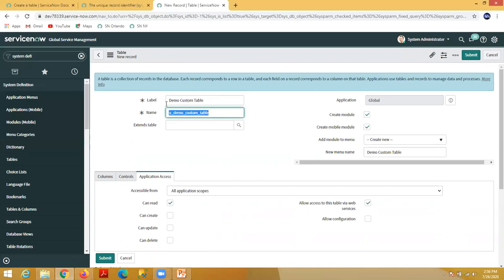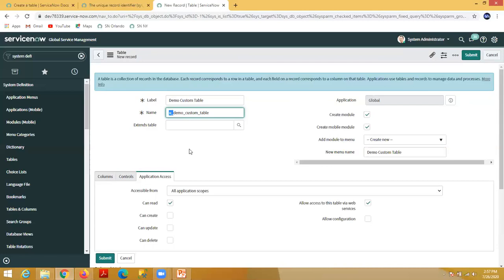The name of the table is u_demo_custom_table. Inside the database, the table will be created by this name, and this u_ prefix tells us this is a custom table.